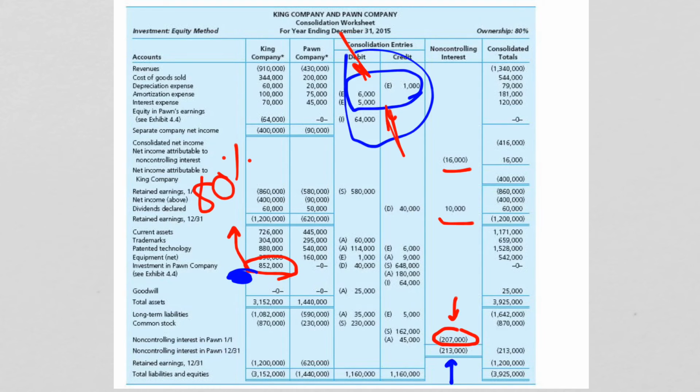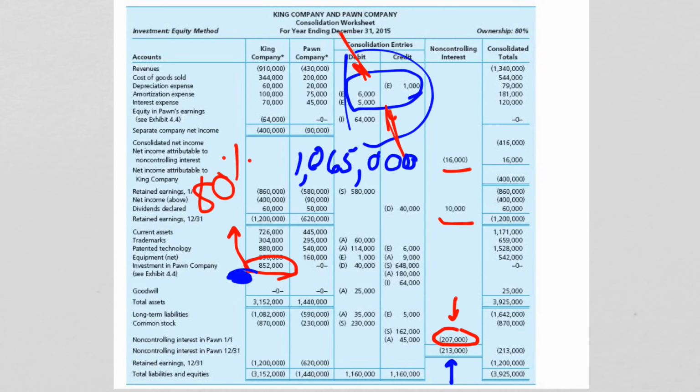But if you do it right on your calculator, you'll get 1,065,000. Try it at home. Take the investment of 852, divide it by 80% or 0.8, and you'll get